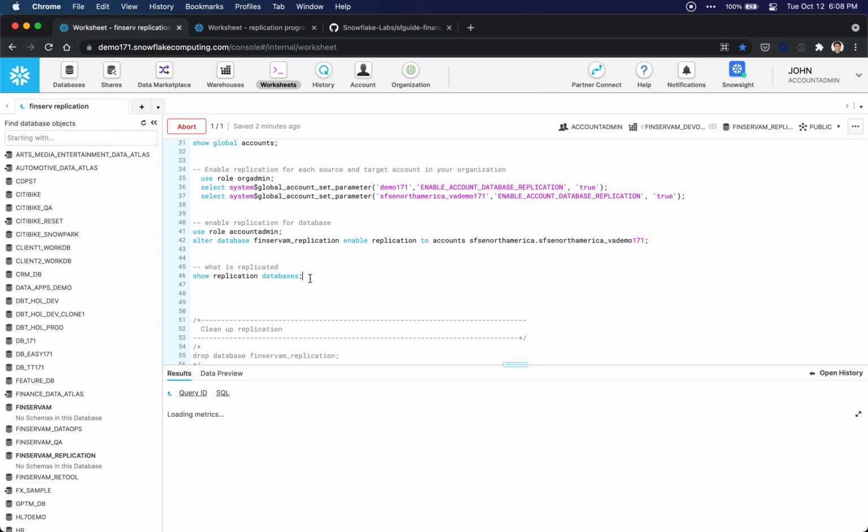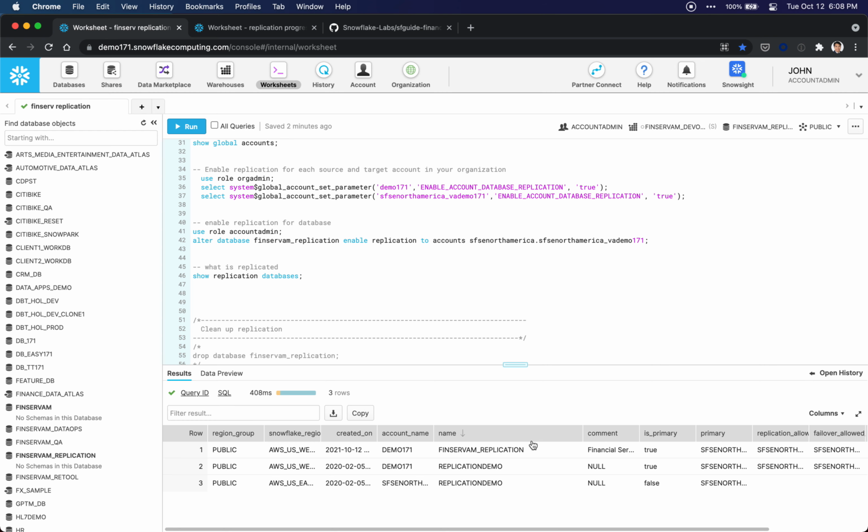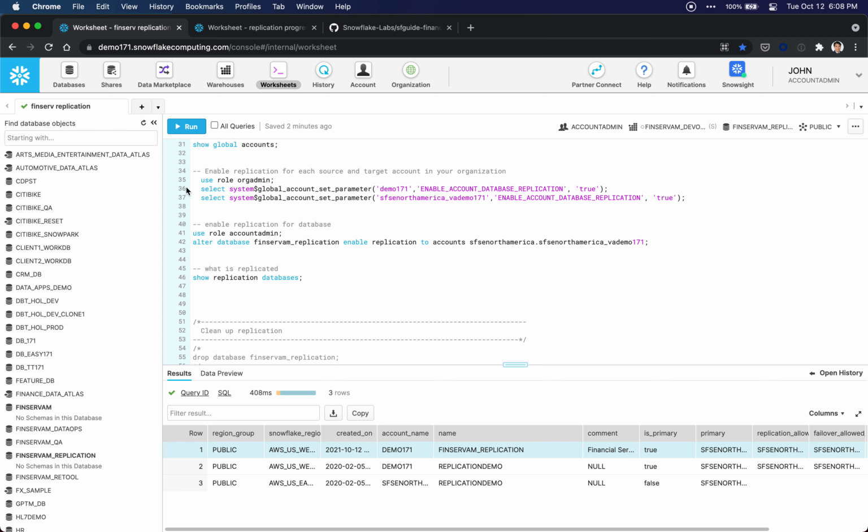All right, and so now we'll be able to see it. What is replicated database? There you are. So it is ready for replication, and it's showing that it is a primary database. All right, so now this is ready to go on the publisher. So now we come over to the subscriber,